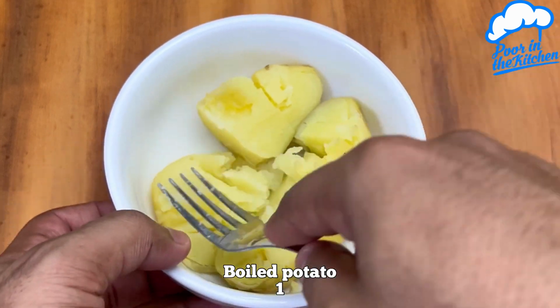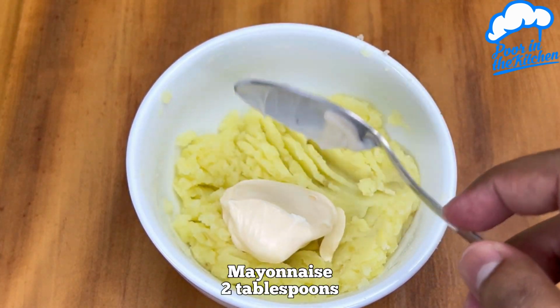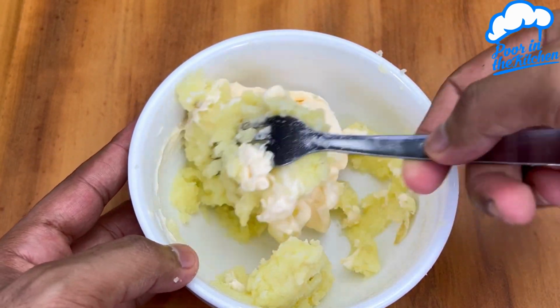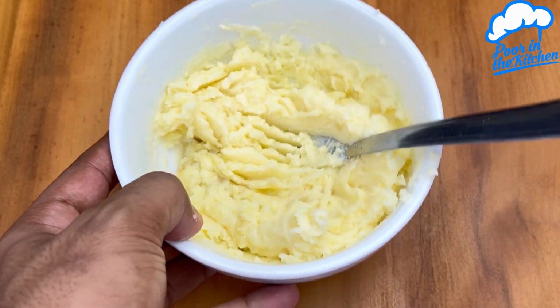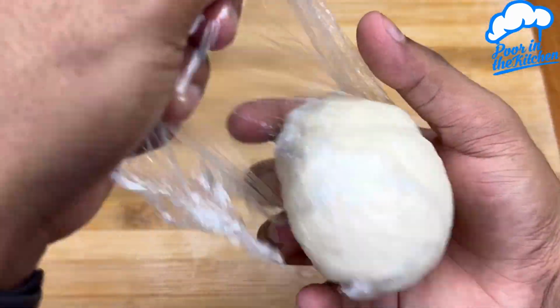Meanwhile, mash already cooked potatoes. After mashing, add 2 tablespoons of mayonnaise. Now just mix and set it aside. Now grease a board with butter, but it can also be oil, and start opening the